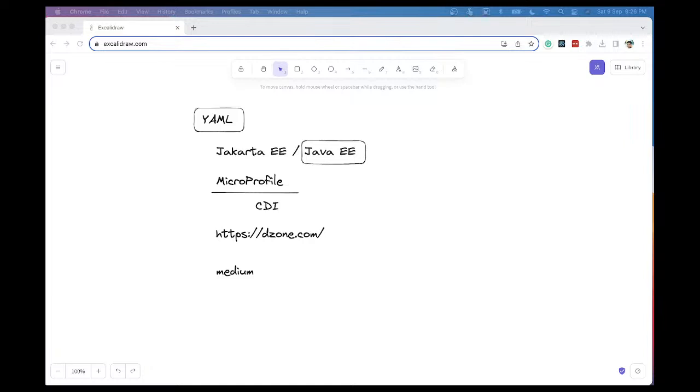So I wrote a book on Java 17, and I'm also writing books on the latest Java technologies. So sometimes you have to be aware of the current trend. If I write a book on Java 8, it doesn't make sense because there are already very good books on Java 8, and it will become obsolete very soon. But if I write a book on Java 17,